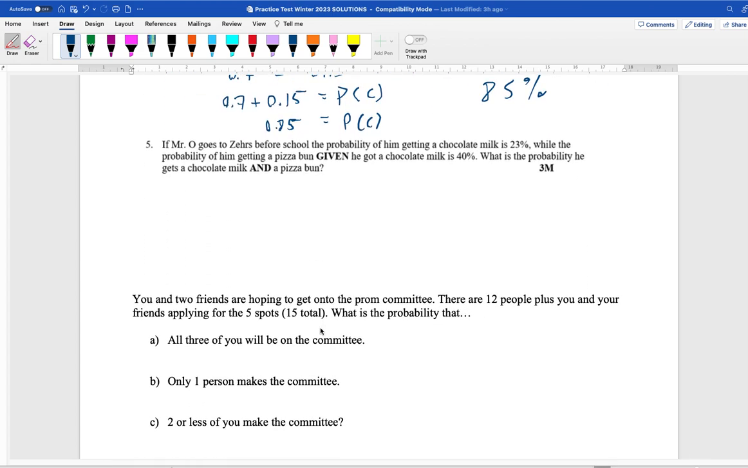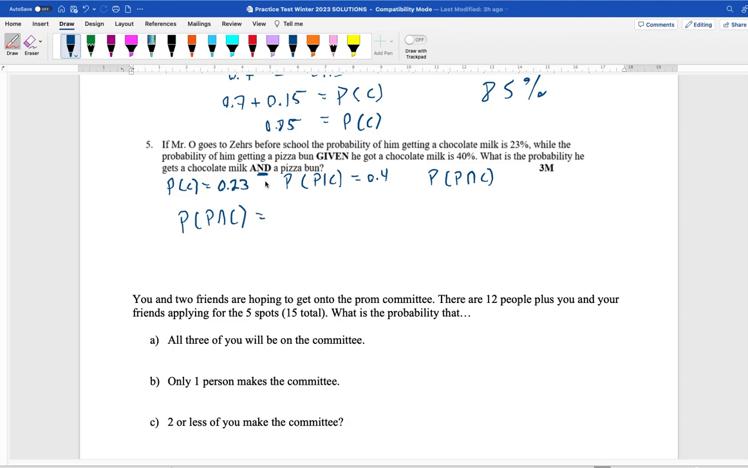Okay, Mr. O goes to Zares. First goal. The probability of him getting a chocolate milk is 23%. Okay. Probability chocolate milk equals 0.23. Probability of getting a pizza bun given he got chocolate milk. Okay. Probability he got a pizza bun given he got a chocolate milk is 0.4. What's the probability he gets a pizza bun and a chocolate milk? So if we go to our AND formula, right? We're looking at the probability of pizza bun and chocolate milk